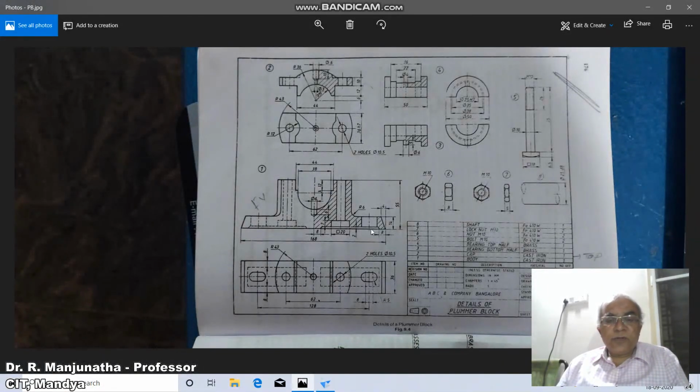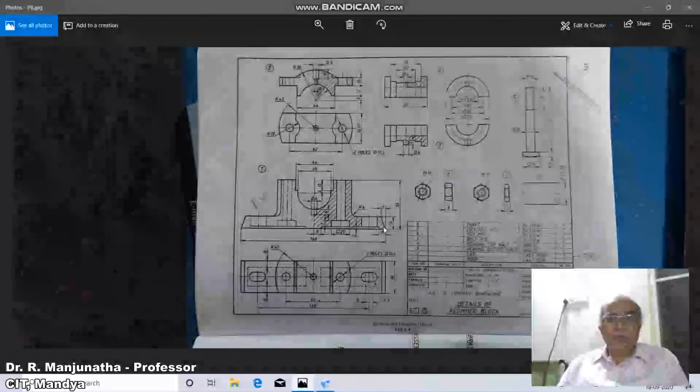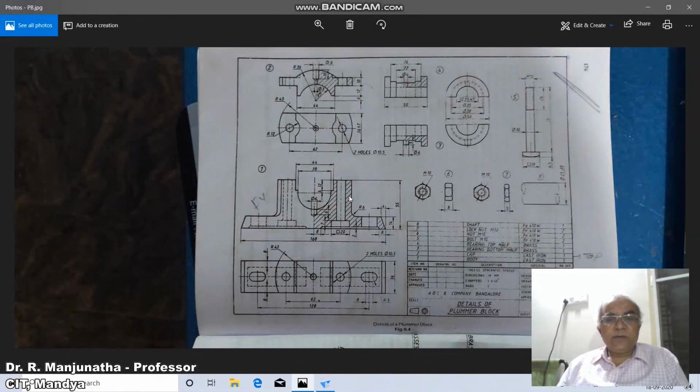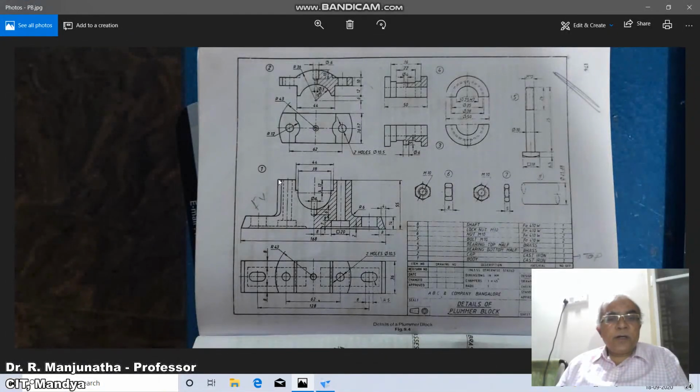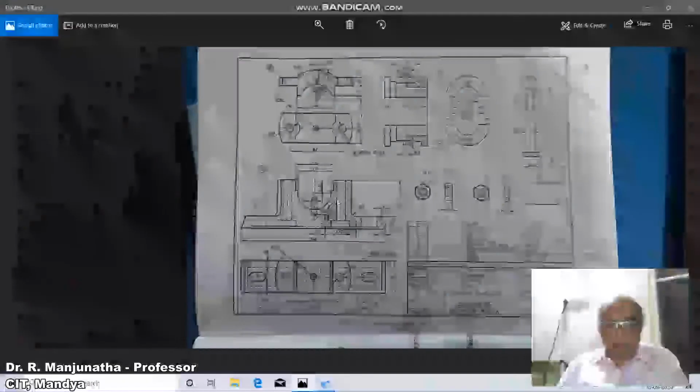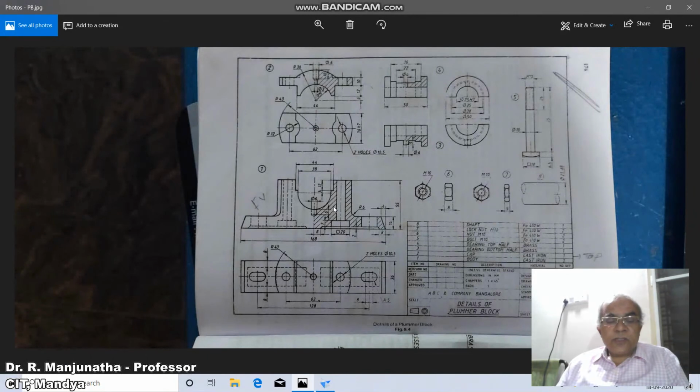So first we have to start from the front view. How do I know that we have to start from the front view? We cannot create the entire cross section now, because this cross section, if you consider it from the front view, is not straight. We have a radius here, so we cannot start from the front view. So this has to be done by considering different sections.